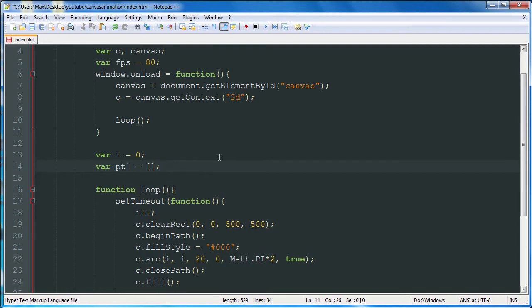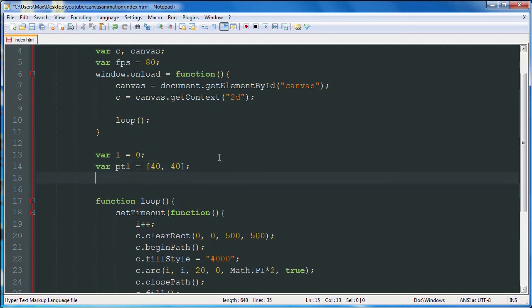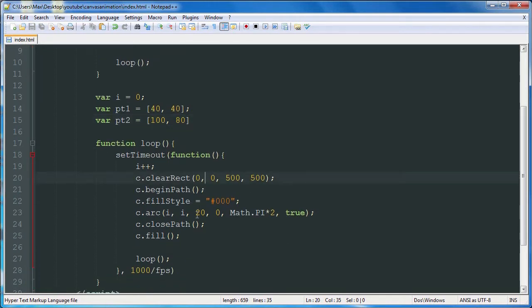and it's going to have an x and y value, which are going to be, we'll say 40, 40, and then we're going to have our point 2, and that's going to be 50, we'll go 180. Okay, so we're going from 40, 40 to 180, and basically we're going to be